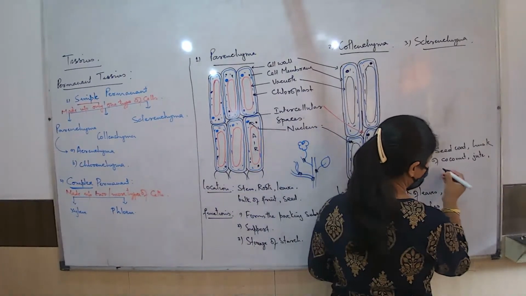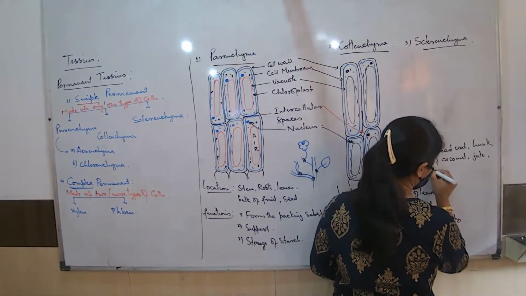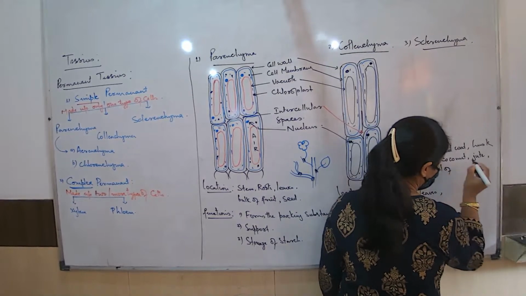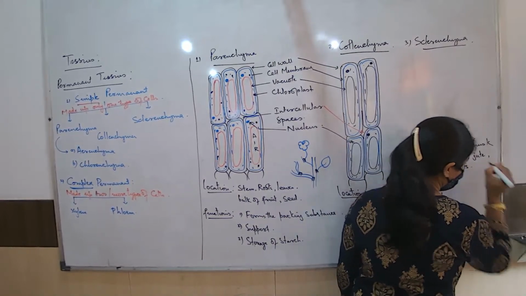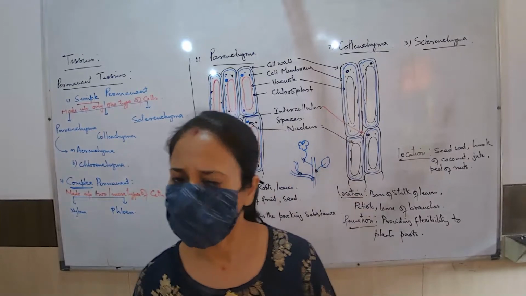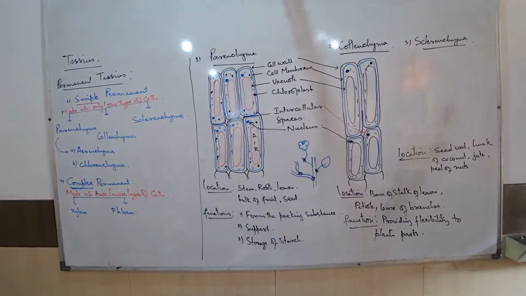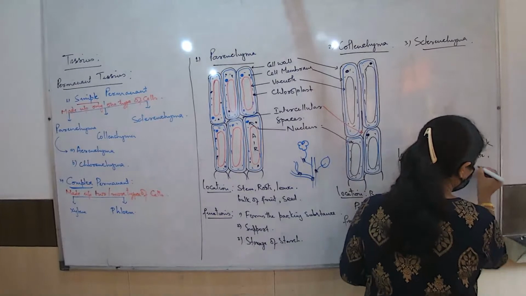Then where are they present? I may talk about the peel of nuts, etc. Meaning, you have to understand that the outer, or if I may also add something more which you will remember